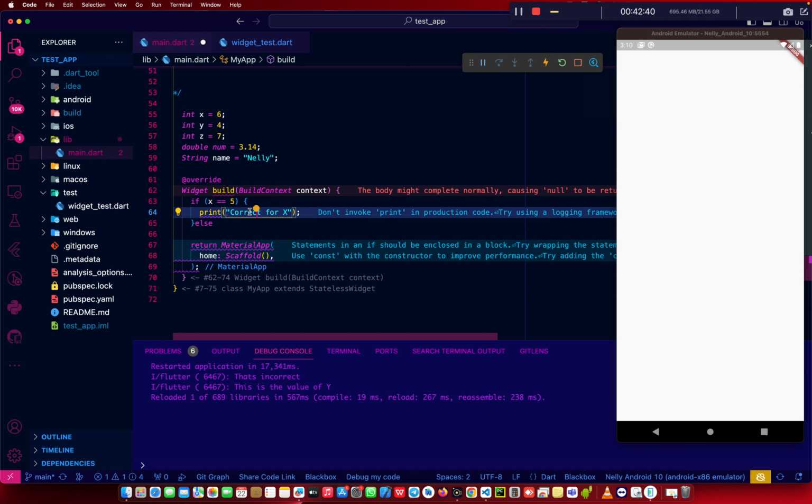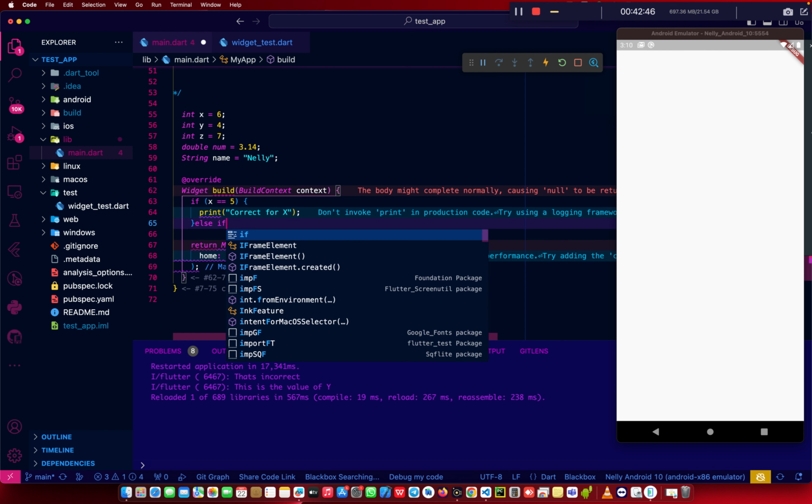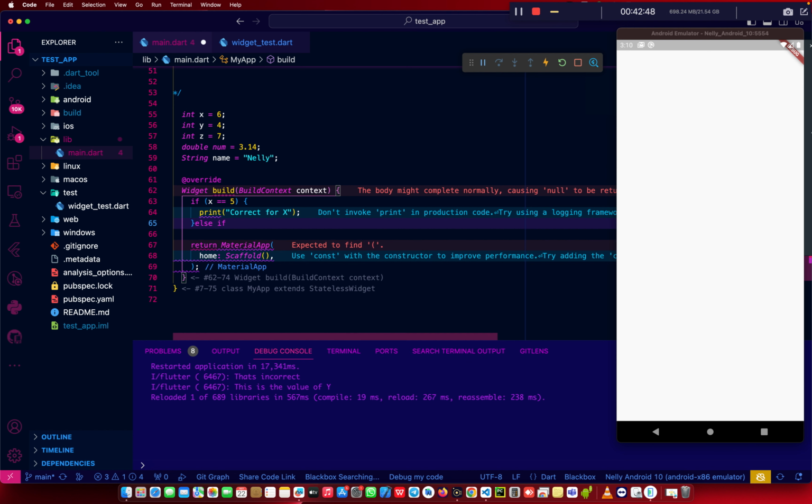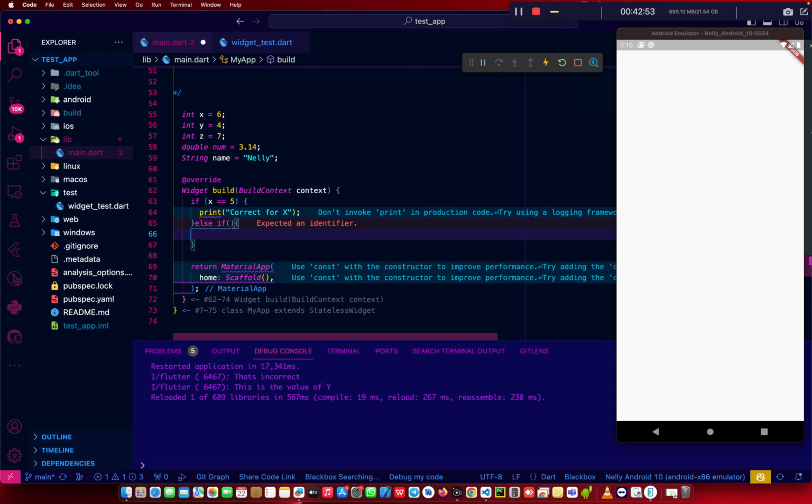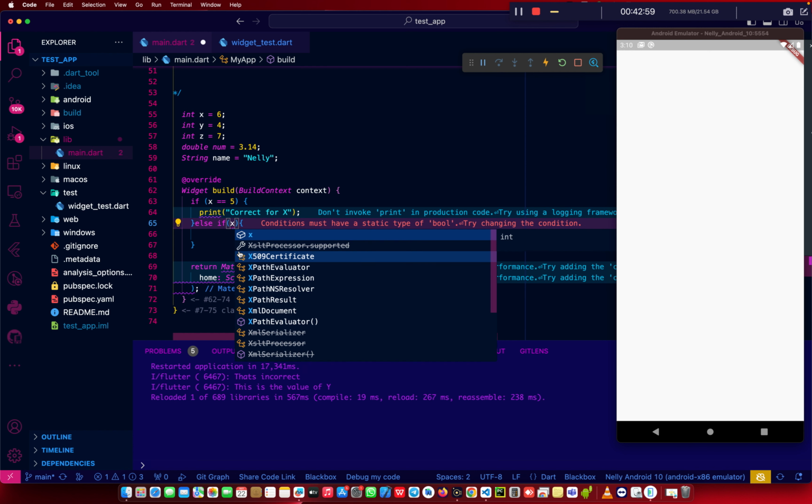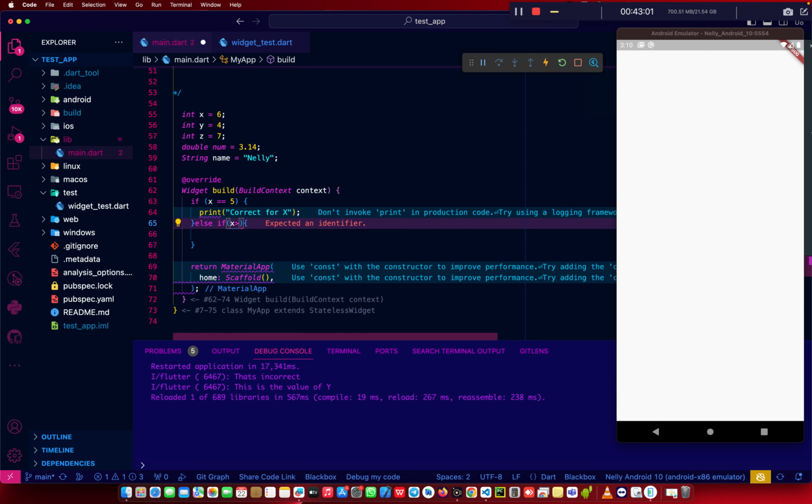If it's not, right, it will go to something else. Else if x is less than, or x is greater than 9,